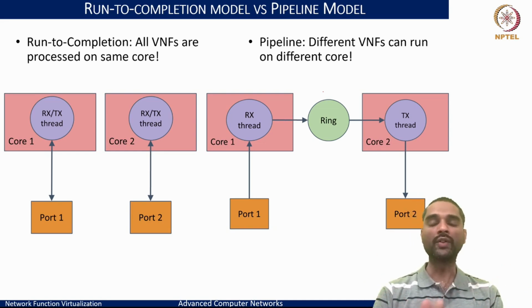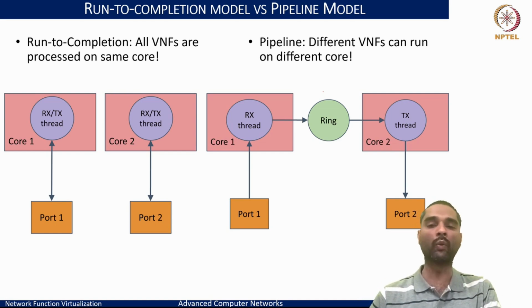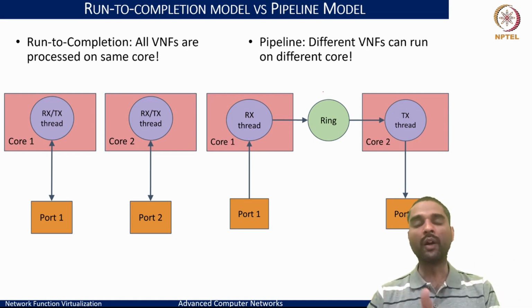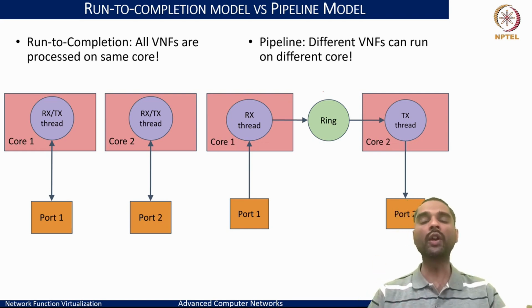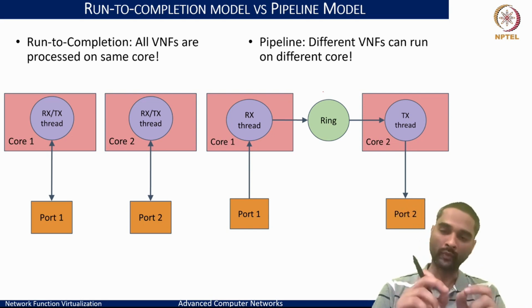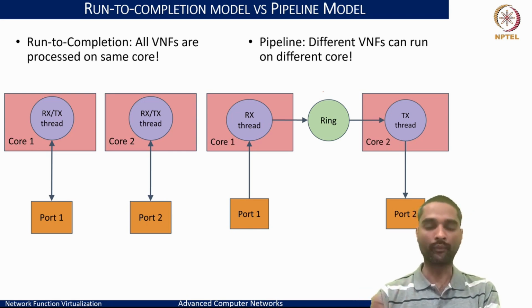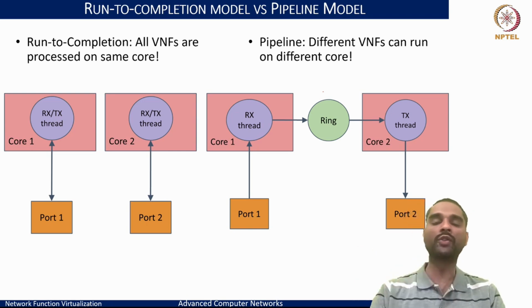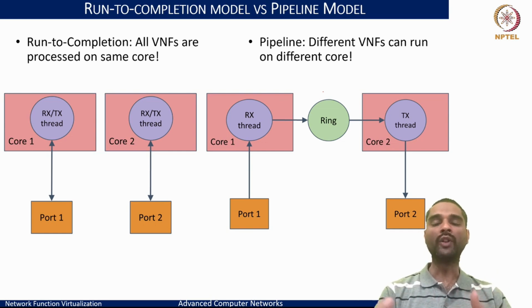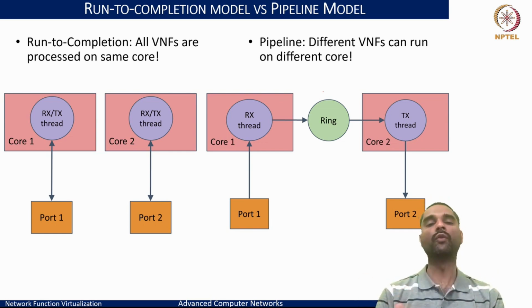Further, we can see that if NFs have different requirements, a single NF when we deploy as a VM may have multi-core requirements, wherein you want to do certain pre-processing, the actual work the application has to do, state updates, and then post-processing, each running on independent cores. All of this can be readily supported in this pipelined model, although there is a bit of overhead. The copying and updating of the ring buffers and context switching of different threads are the two overheads that you would see as opposed to run to completion. But the flexibility that you get with the pipeline model is a lot more and readily usable for deployments of